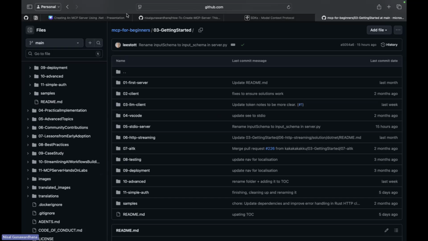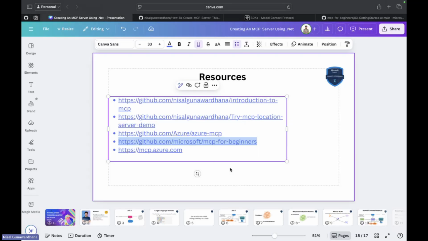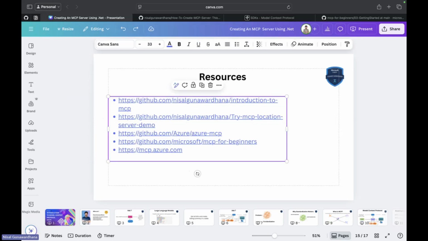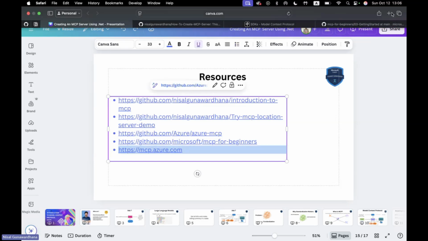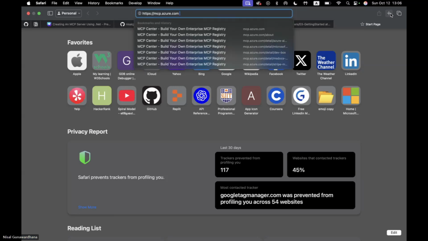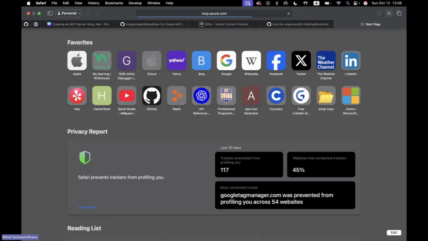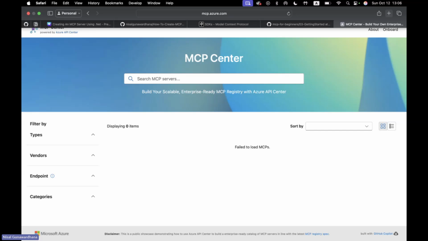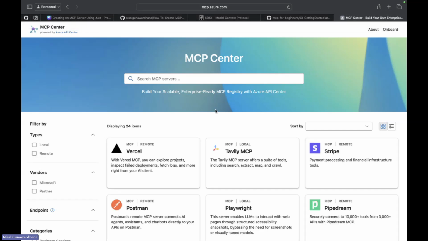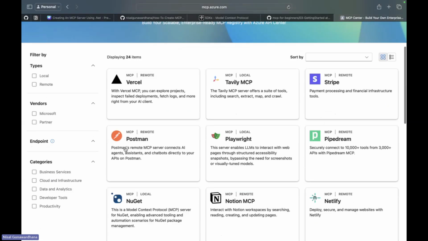Again, I'm going to continue my presentation, and this is the last resource. It's the Azure MCP Center, right? Once we reach this MCP center, we can find a lot of MCP servers from Vercel, Stripe, Postman, and Notion.